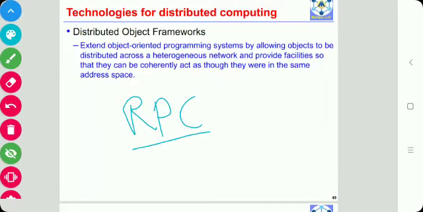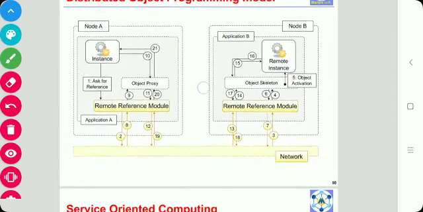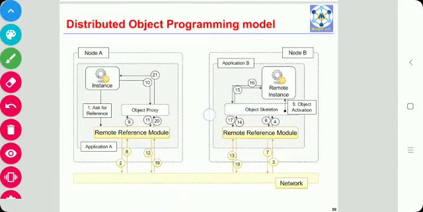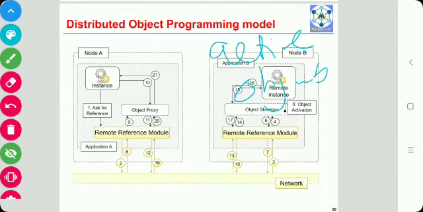Here the common interaction patterns are. So this is the distributed object programming model. Here the server process maintains a registry of active objects that are made available to other processes also.